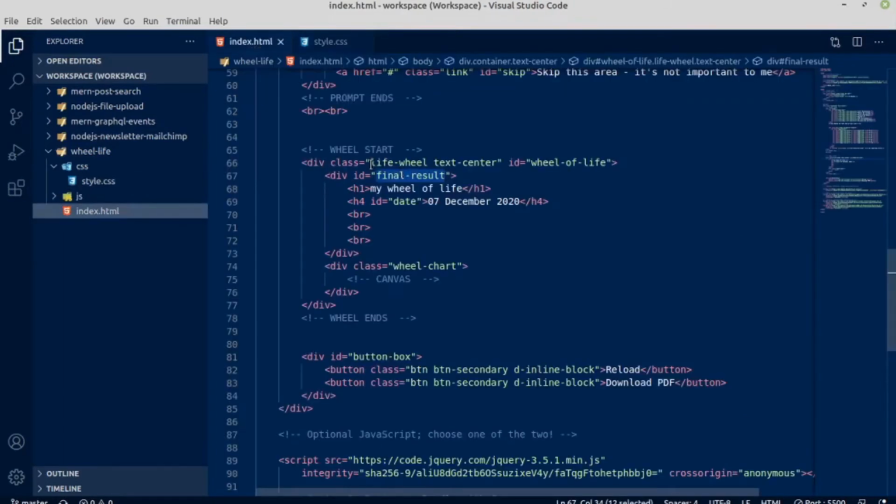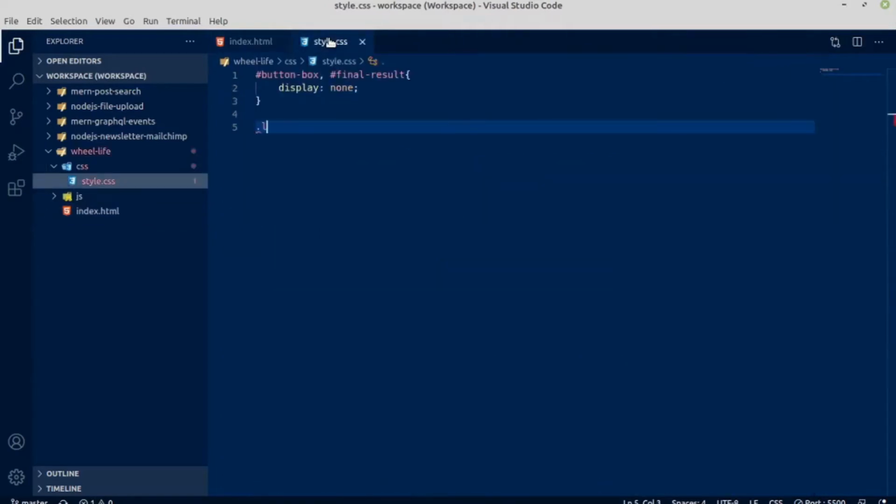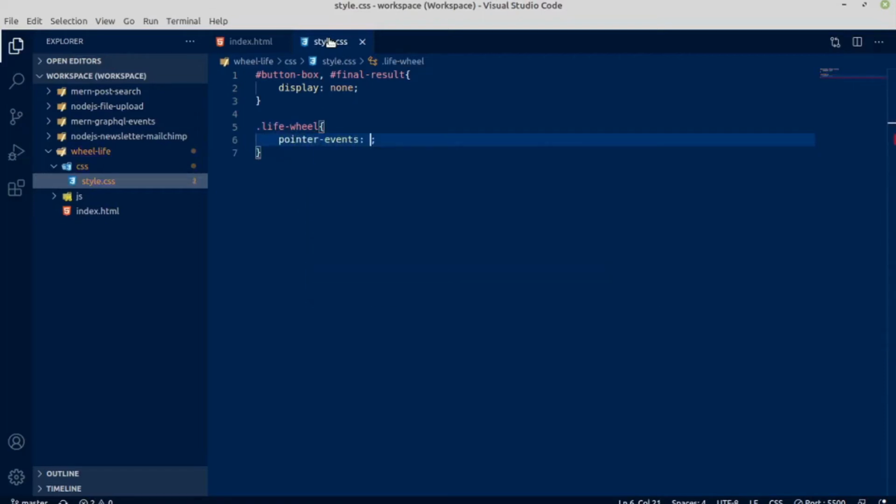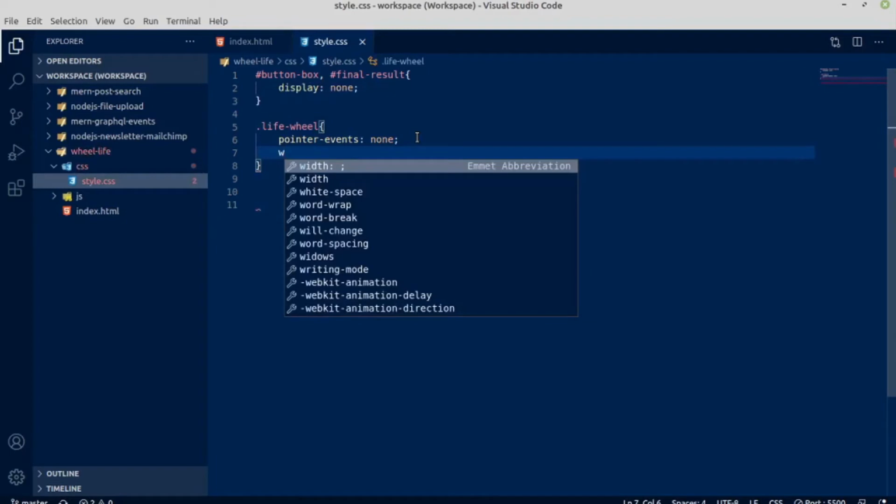Where it is, this is the class we need to select. Just give a dot live wheel. Here what we need is, we don't need any hover effect, so we need to give pointer events is equal none. We don't want any hover effect. Okay, below this pointer events, let's add width of 600 pixel,